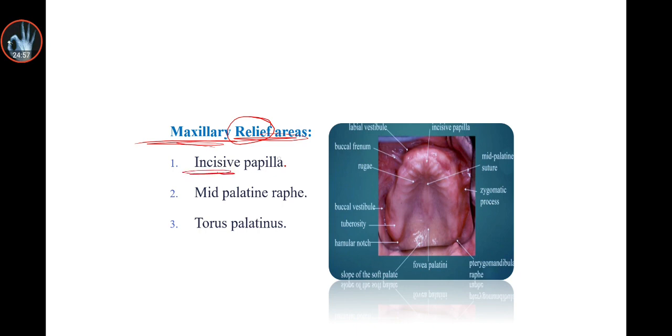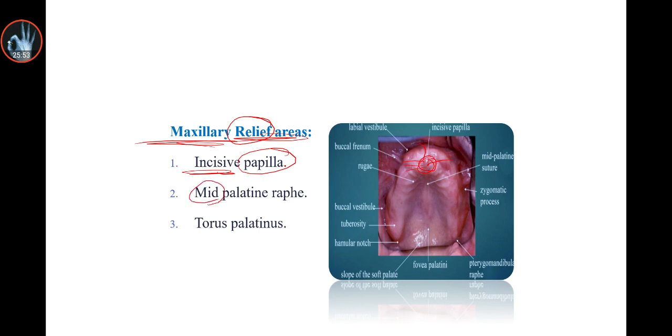We have the incisive papilla here. عندنا حاجة من السوفت تيشو موجودة posterior of the anterior maxillary incisors called the incisive papilla, which is found over the incisive foramen. عندنا nerve أو عصب طالع هنا من فتحة تسمى incisive foramen or nasopalatine foramen, where the nasopalatine nerve comes out. فلو حصل الدنشر حصل ضغط عليه بسبب لنا مشاكل وألم وغيرها.